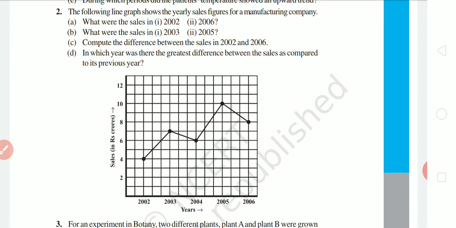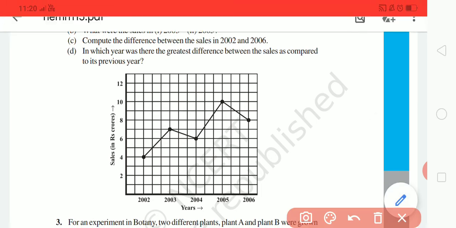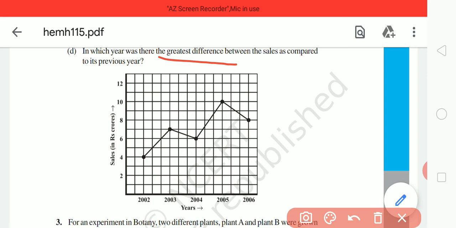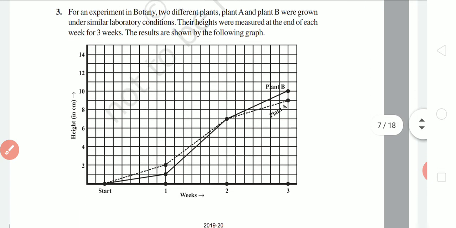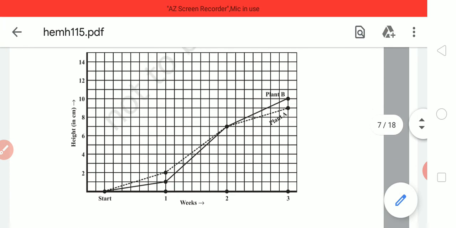Now, in which year was there the greatest difference in sales compared to the previous year? You can see the difference here. You can see the difference from the graph. It is 2004 to 2005. So the answer is 2004 to 2005. Come to question number 3. So here you can see